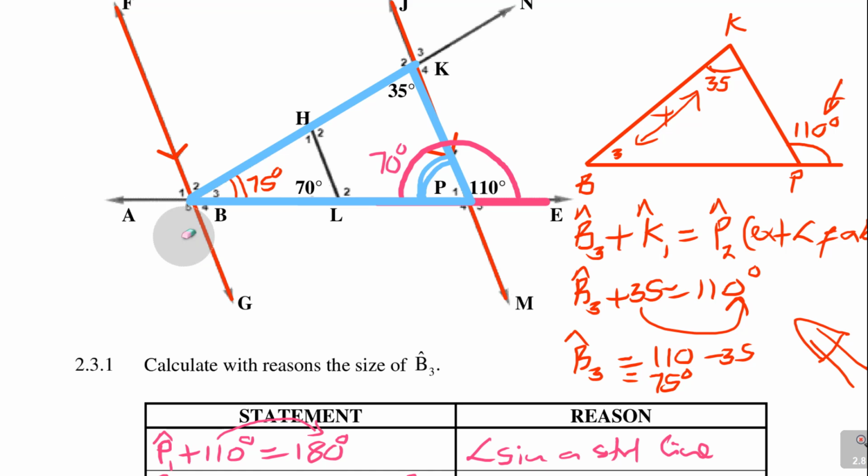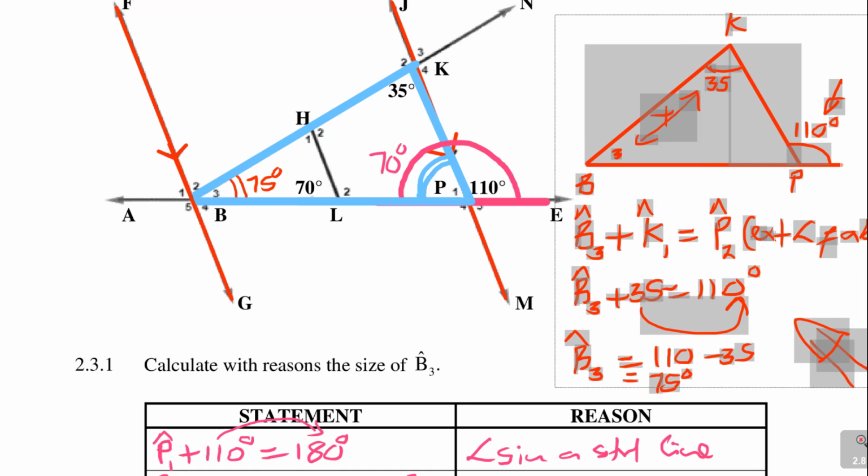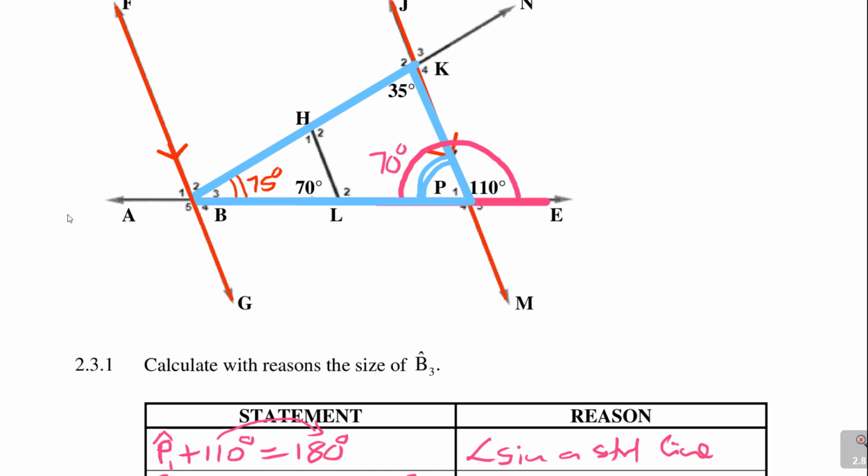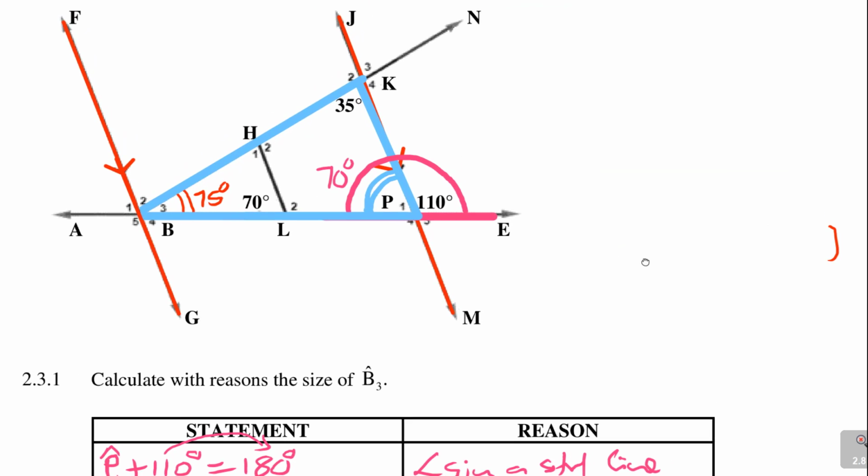Let's identify B5. I think I need to erase a little bit here so that we can identify. There is B5. See that? You see B5? Now they say hence calculate with reasons the size of B5. So now let's again identify what it is that we have with B5. Let's not forget our line here, this red line. It's very important. Now let me erase this working here. I hope you appreciated it. I just wanted to show you a few things there. Now with B5